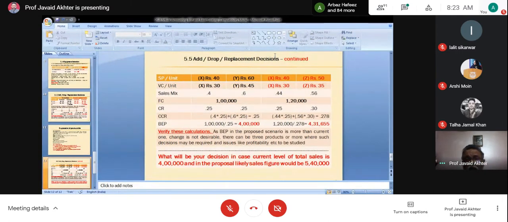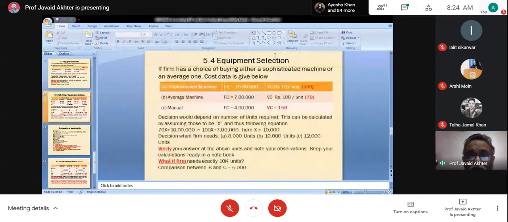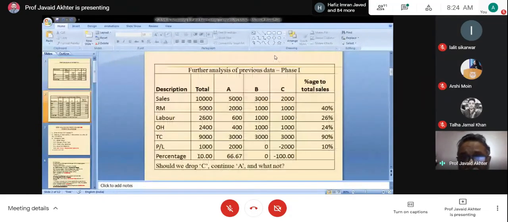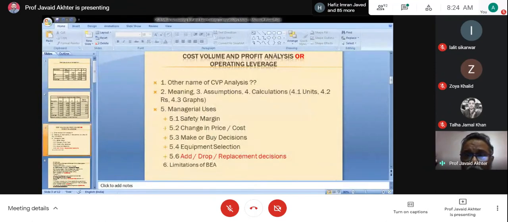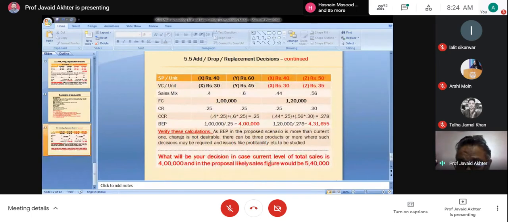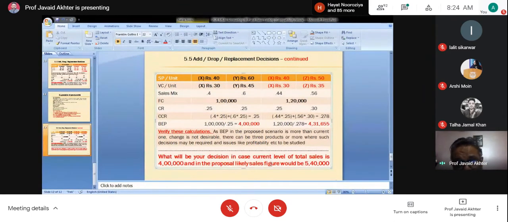Now our discussion on break-even analysis is over, except one more aspect, and that aspect is the limitations of break-even analysis. What all we have learned in these 10-12 slides is the concept of break-even analysis, cost volume profit analysis. So now, having understood its meaning, its calculation, etc., what do you think are the limitations of break-even analysis?